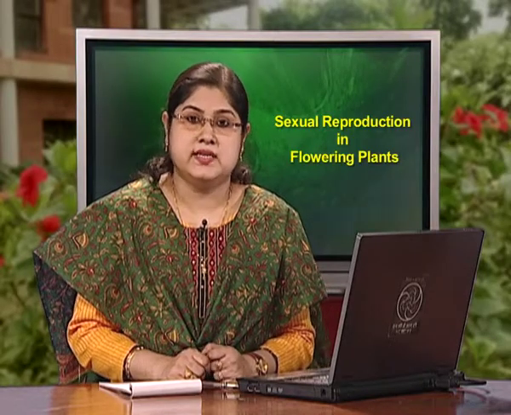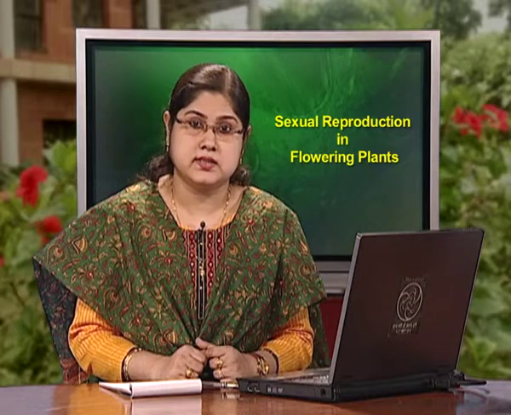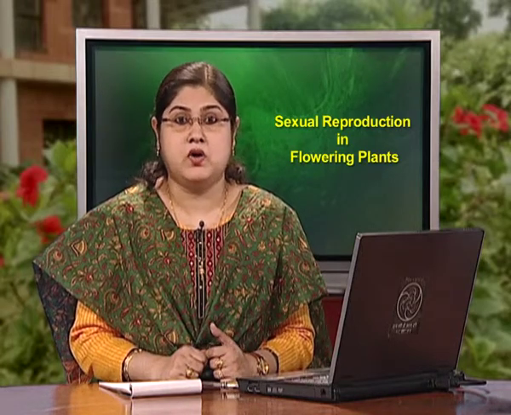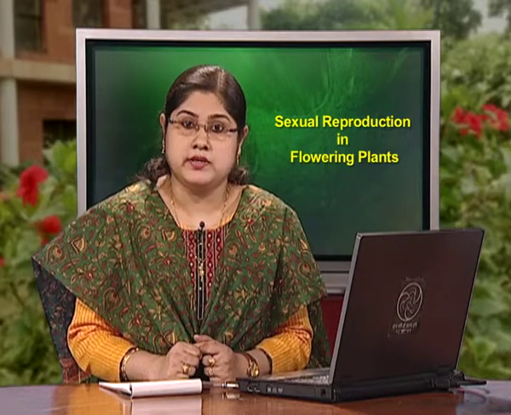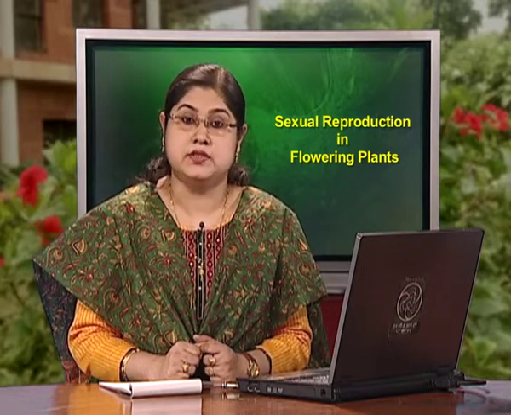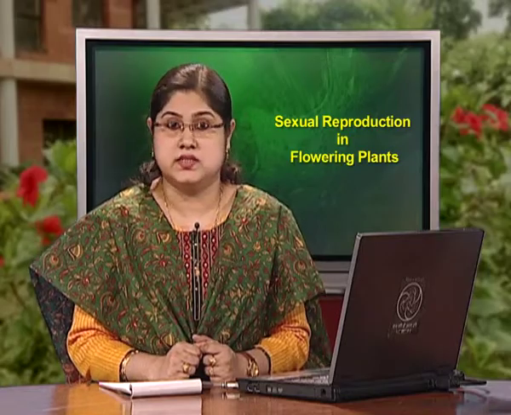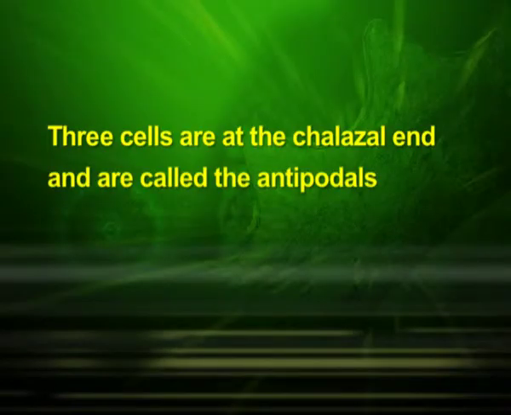The synergids have special cellular thickenings at the micropylar tip called the filiform apparatus, which play an important role in guiding the pollen tubes into the synergid. 3 cells are at the chalazal end and are called the antipodals. The large central cell has 2 polar nuclei. Thus a typical angiosperm embryo sac at maturity, though 8-nucleate, is